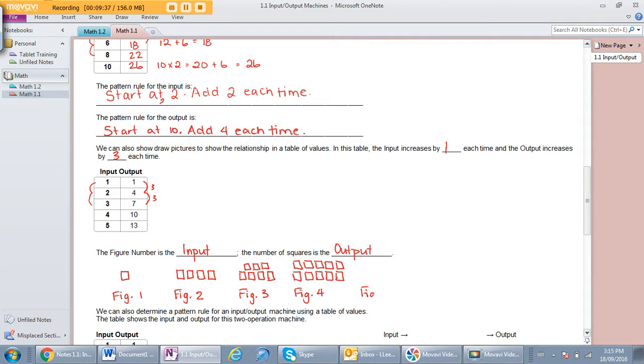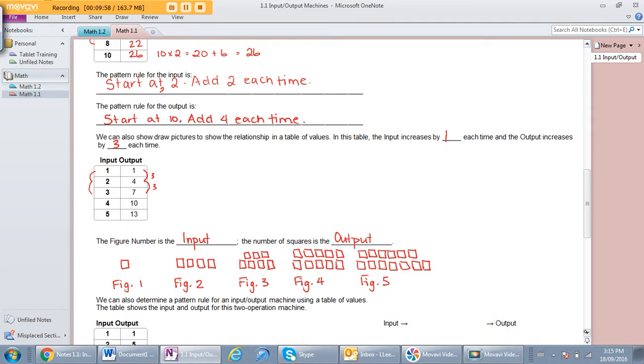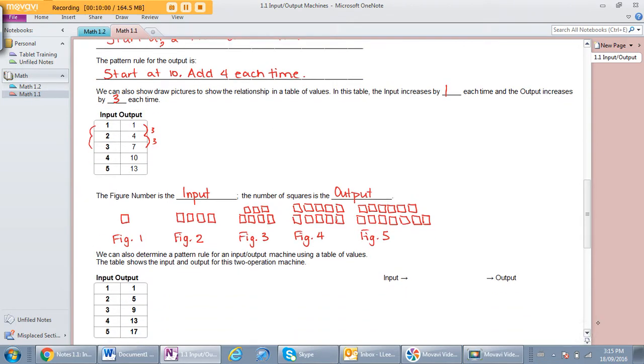Lastly, figure number 5 has 13 squares. And I could continue on if I wanted to, extending this pattern. There we go, 13. So I can draw pictures, or I can determine a pattern rule